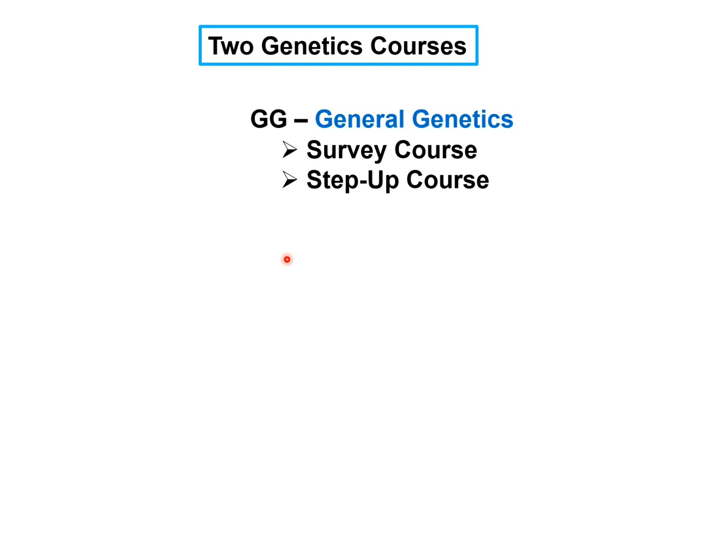General genetics is really an introductory course, a survey course, and it's what we would call a step-up course. It is intended to be the first course after you've taken your general biology series, at least in the US, and it is taking those ideas and all the terminology that you learned there that are related to genetics and then expanding on them. And then also, of course, adding new material, new information.